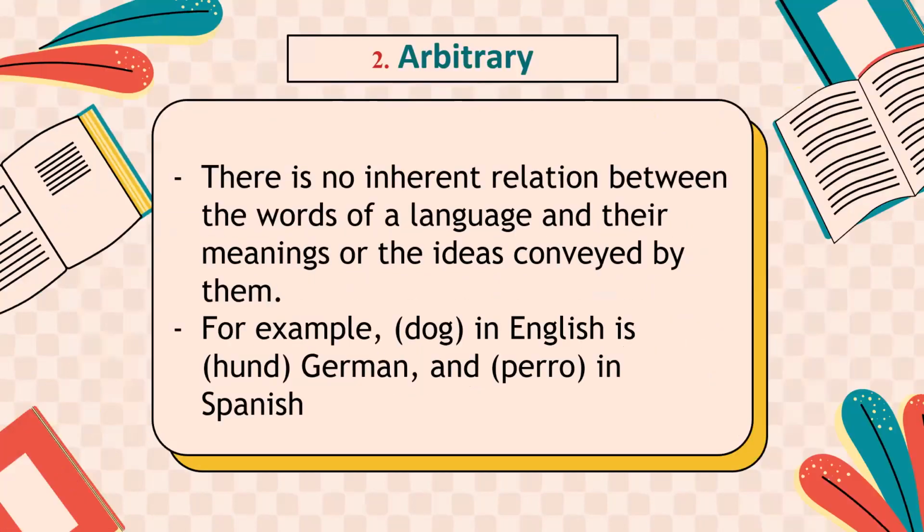Let's see. Arbitrary, okay, when we say arbitrary, we mean that there is no inherent relation between the words of a language and their meanings or the ideas conveyed by them. For example, dog in English is hund in German and perro in Spanish. Even if you want to think about it by yourself, it is a kind of philosophical process. I mean, if you brought a pencil, okay, in language, when you take this in your third year in the syntax